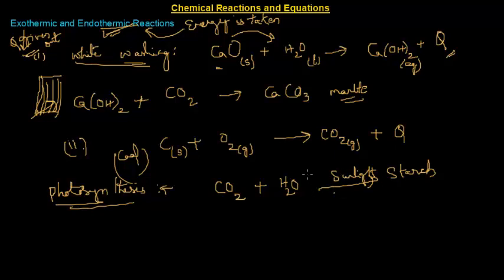What does this mean? This means that in presence of chlorophyll, it is taking up energy from the sun. So this is an endothermic reaction. We all eat daily, right? How is the food obtained? It is obtained from plants or animals. That means this is the day-to-day activity which is being done in our surroundings. What is this? It is an endothermic reaction because it is taking up energy.